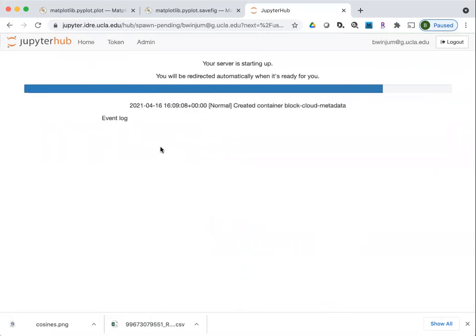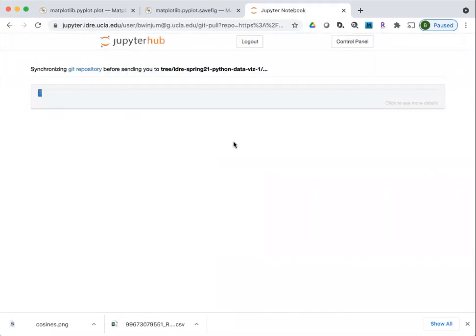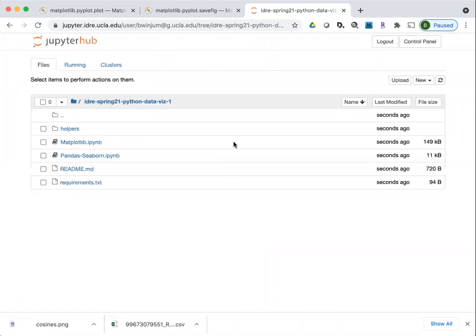Then it will start up your environment. You'll see a scrolling blue bar, and then this particular link will clone files from the GitHub repository into your directory that's sitting on the Jupyter Hub. So that went by kind of quick, but there was a little blue scrolling bar. That's just files being transferred onto the Jupyter Hub. And now when you're launched into this environment, you have your own isolated environment where you can modify these files as you wish. And if you log out and log back in again, your files will be saved in the state they were when you made the changes.